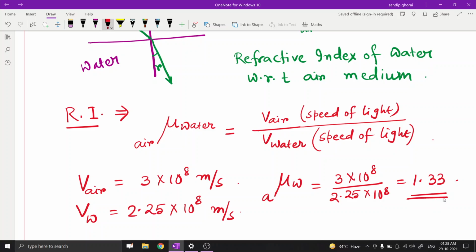So 1.33 is the refractive index of water medium with respect to air medium, or we can say with respect to vacuum. From this statement it means light travels 1.33 times faster in vacuum than in water. Now the question is,